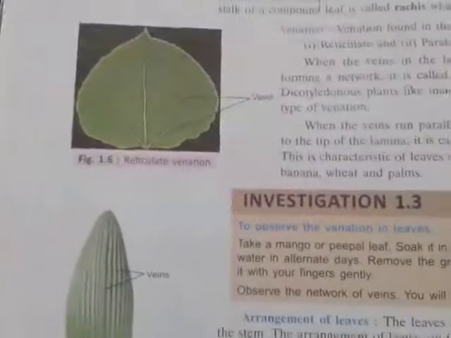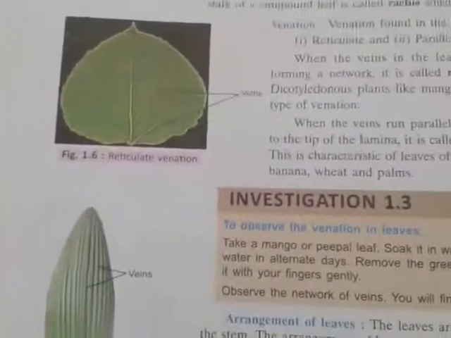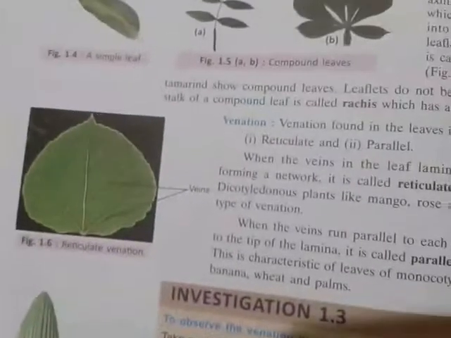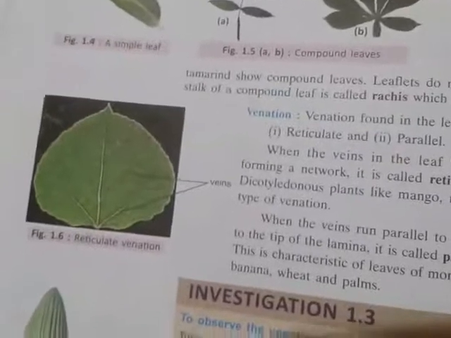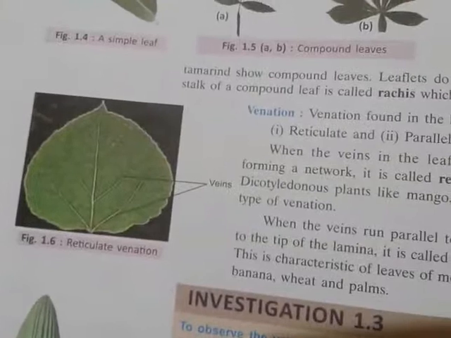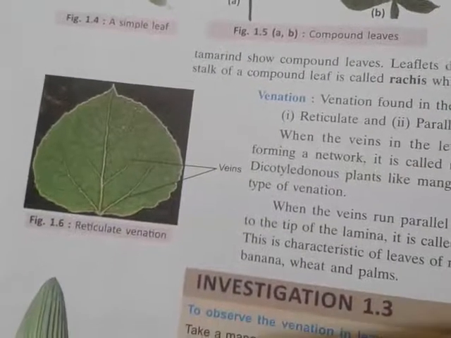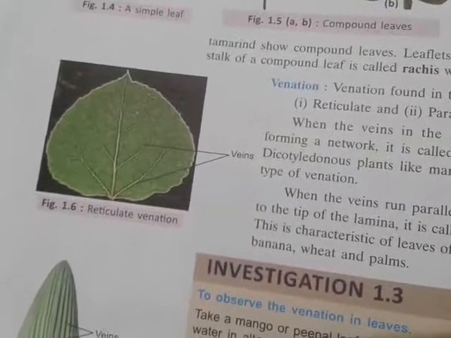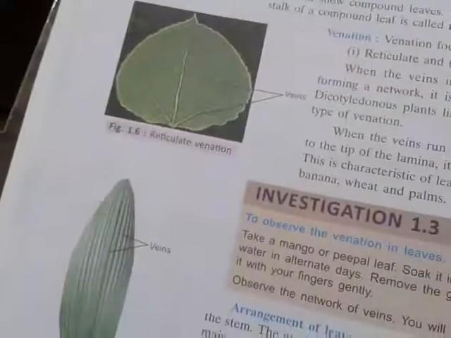The terms are not very hard. So whenever you learn this topic, you have to practice many times, and these terms will be memorized. So venation is of two types, that is your reticulate venation, and another is parallel venation. Parallel venation means the veins and veinlets are regularly distributed, or you can say parallel distribution. So that's why it is a parallel venation.